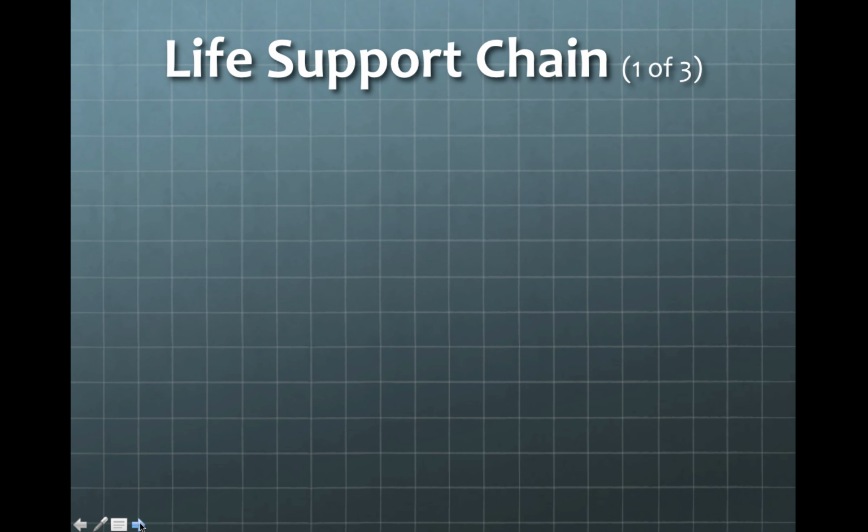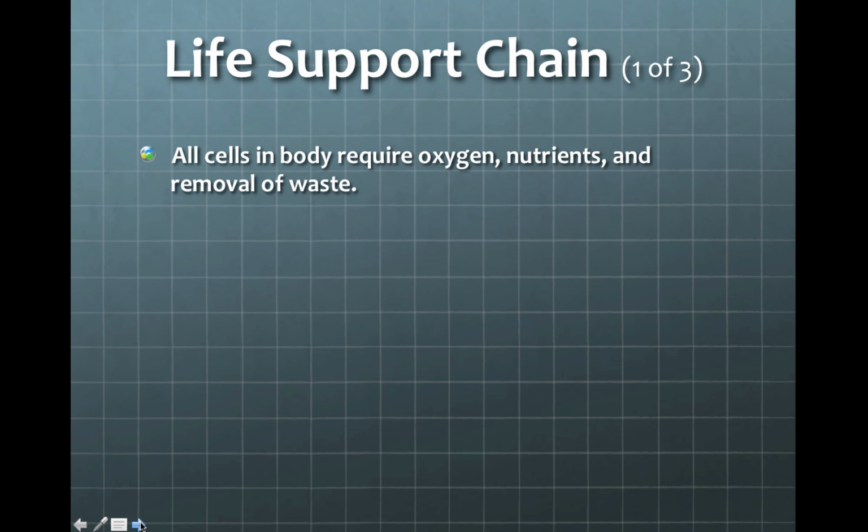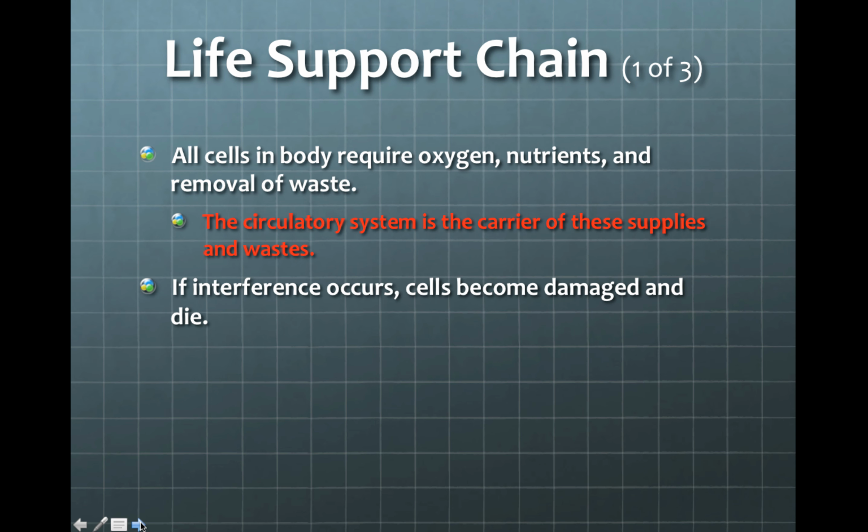All right, so your life support chain will basically require a constant supply of oxygen, nutrients, and removal of waste. It's constant and it's ongoing. The circulatory system is going to be integral in acting as the carrier of both the nutrients and the wastes. All right. If there's any interference in this process of delivery of oxygen and removal of carbon dioxide,